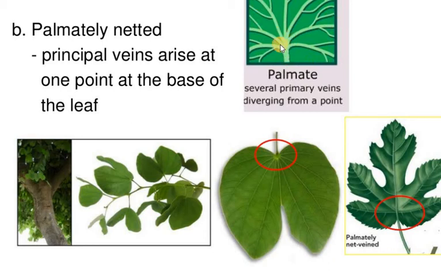So when veins branch out from a single point, it forms a palmate branched vein pattern, and this is called palmately netted. Here also reticulation is there, but they are a palmately netted structure. So this is the second one. So these are all palmately netted. If you see this leaf, within it you can see the netted or reticulate condition, but the vein arrangement is palmate.